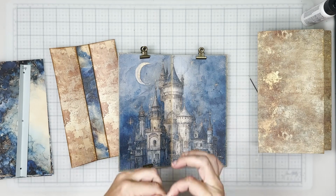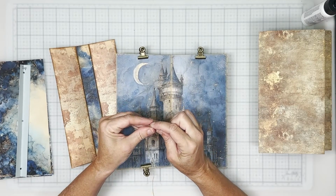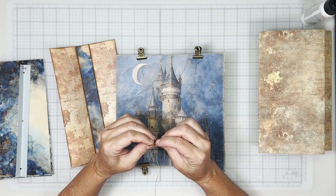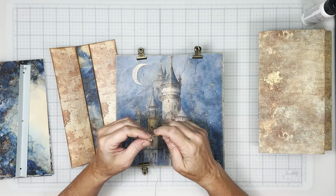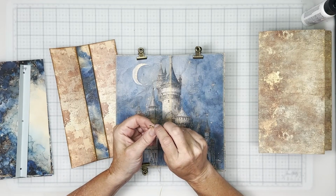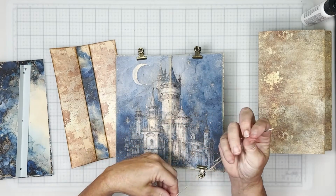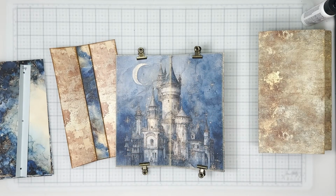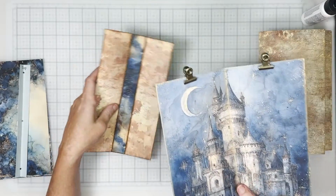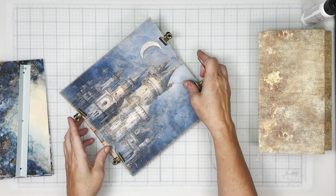Okay, and then we're just gonna do a 3-hole pamphlet stitch. So this will be nice and easy and pretty quick, actually. And then once we have this sewn into the spine, we'll glue that into the actual journal. Okay, there we go. I feel I should have threaded that ahead of time, but okay. So what we're doing is we're sewing this into the